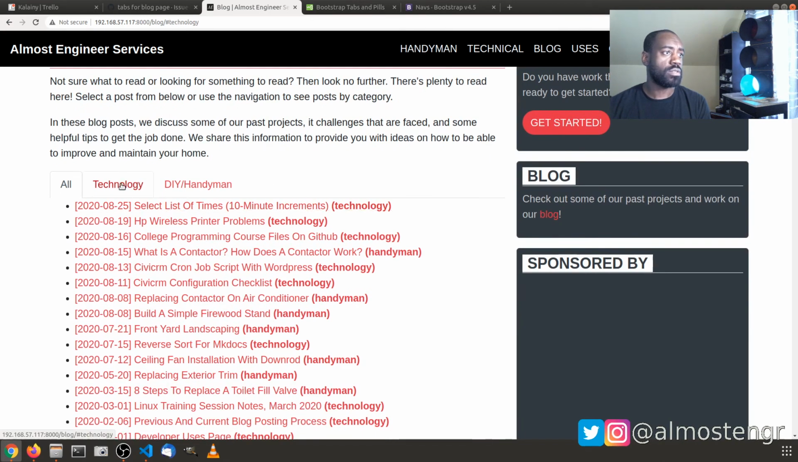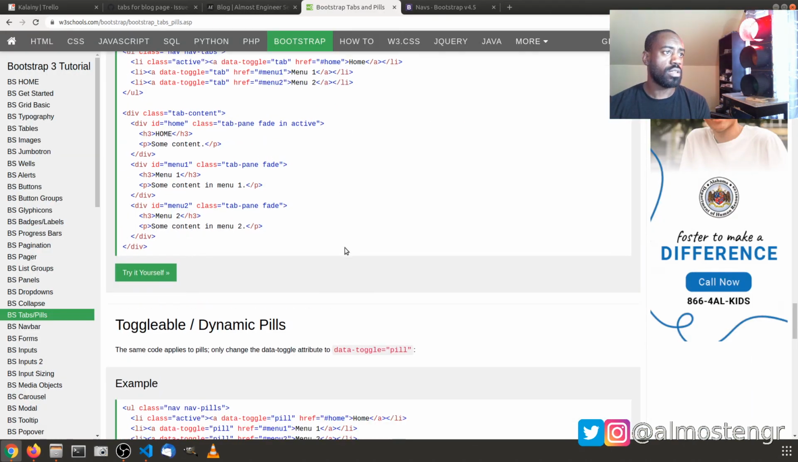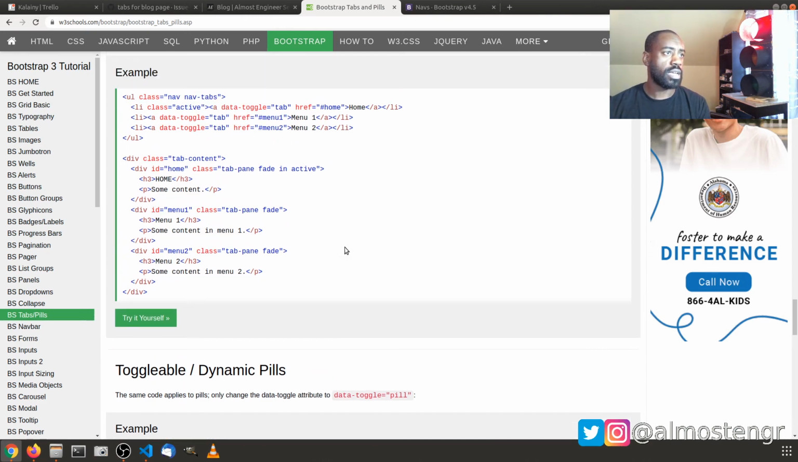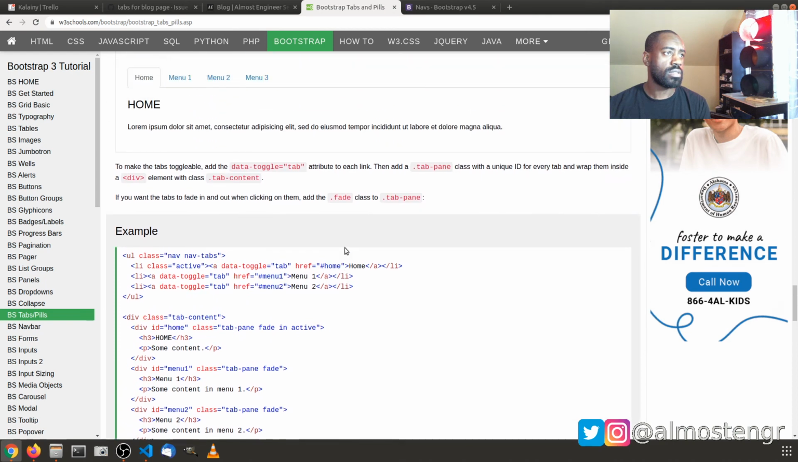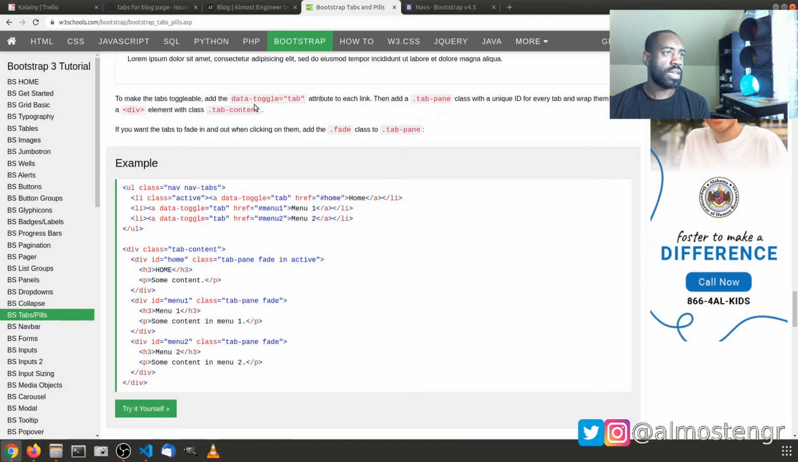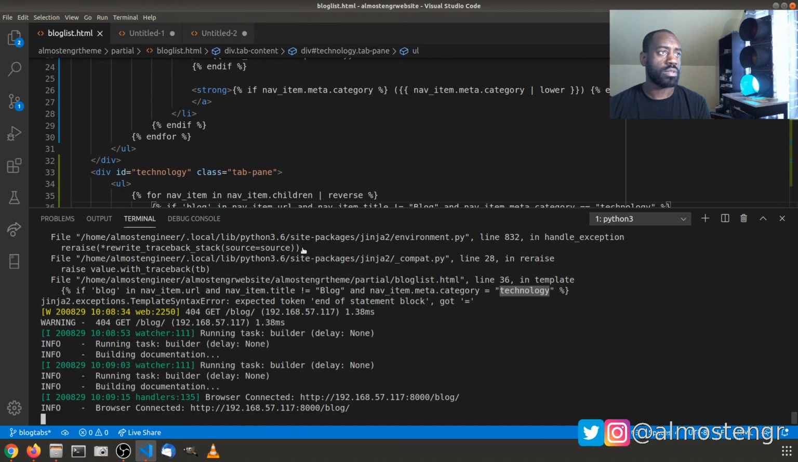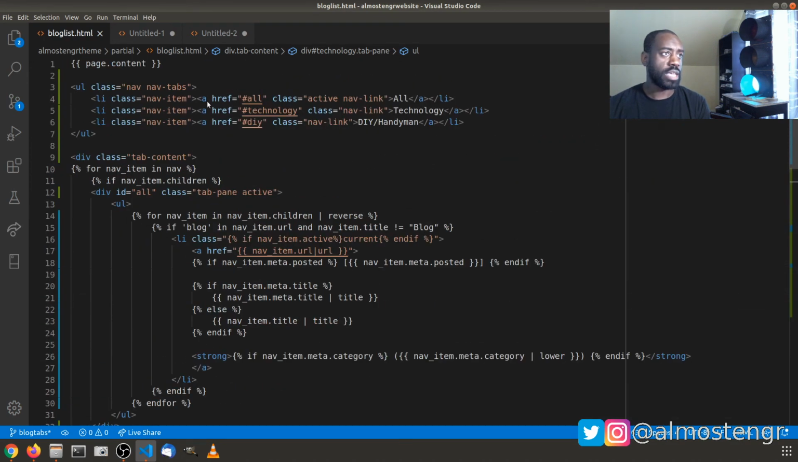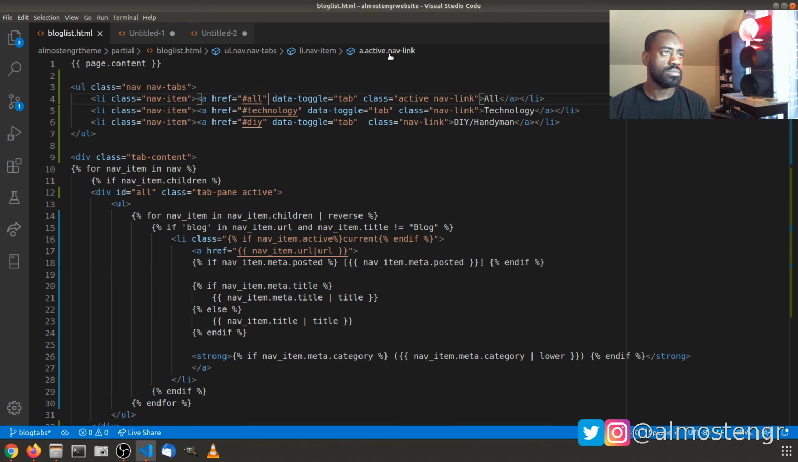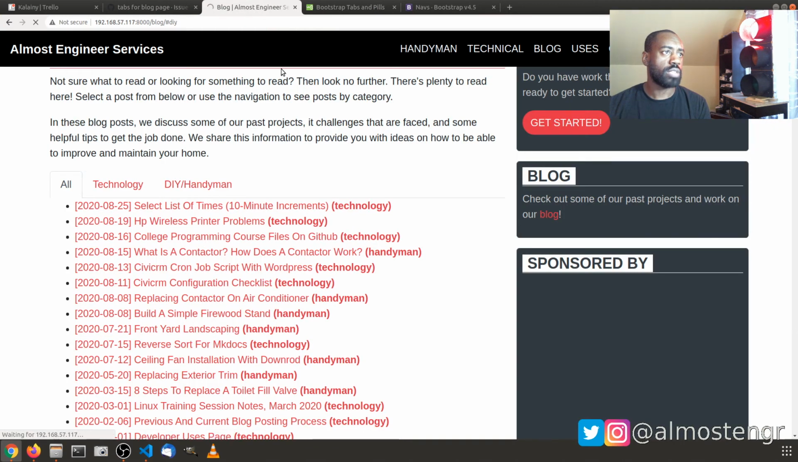All right, there we go. So we have our all. Let's see if we switch to technology. It is not switching. All right, so what did I miss? So I forgot the data toggle tab attributes. All right, so we go back to the menu, and we need that data toggle on the anchor link. So put that there, there, and there. All right, now if we try this again, while it refreshes,